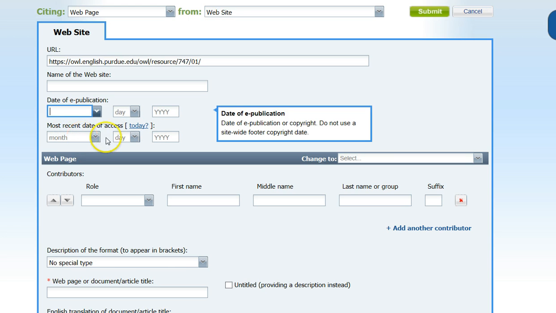The most recent date of access, if it's today, and this is why I recommend that when you do citation for a source, that you create the citation as you are using the source. It may be that later on, it'll make it easier for you to put together your reference page. And it doesn't take a lot of time to do this. It's easier to do it as you're writing the paper than to go back and try to create all the